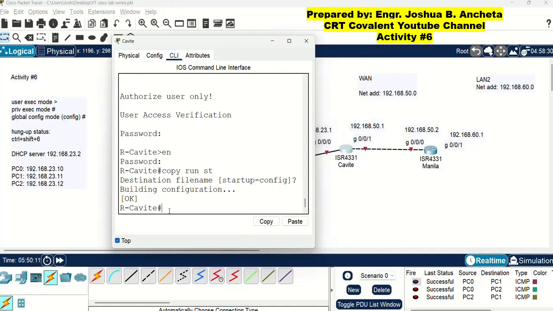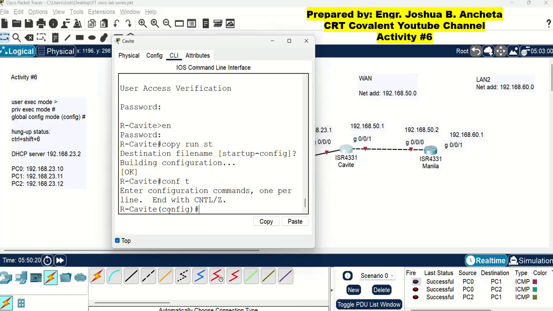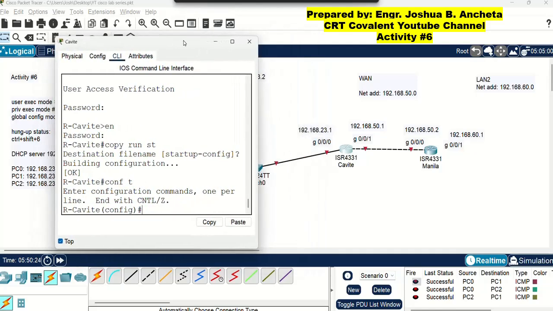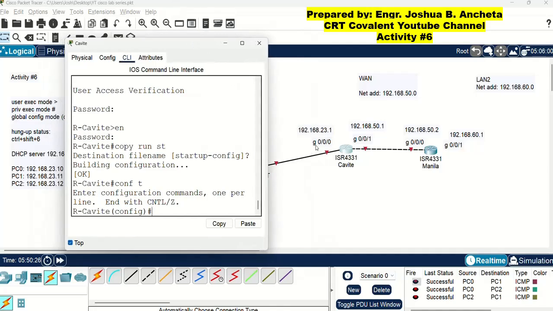Okay, so let us go to the global configuration mode. Therefore, type conf t for this mode. And we are going to encode the IP address in the interface. We call this interface the G000 and G001. Therefore, let us type interface G000.